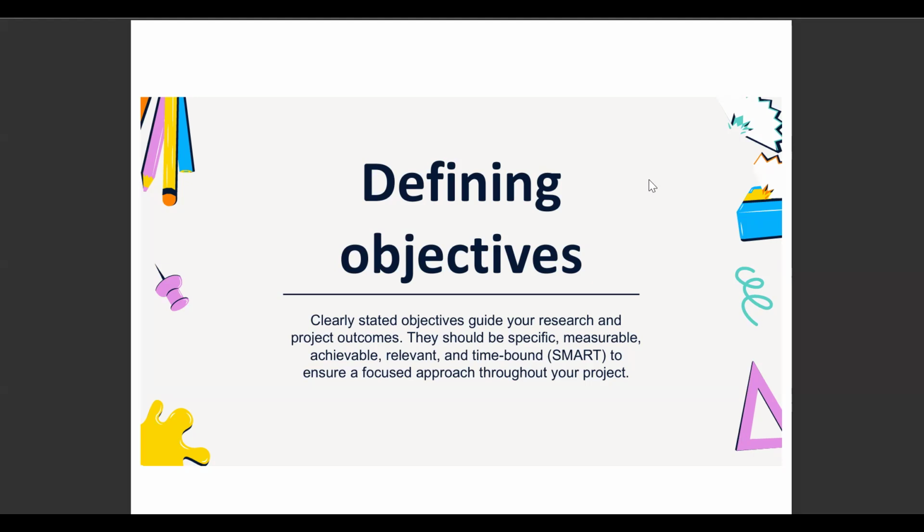Oftentimes in social science, you cannot even write a research objective without having the research questions. What are you trying to answer? What is the main problem? We are looking at the impact of petrol rise on the purchasing power of people in West Africa. The impact of... then we begin to ask ourselves questions like, the